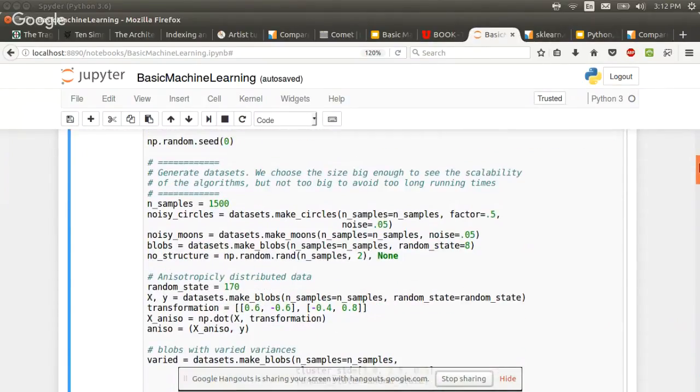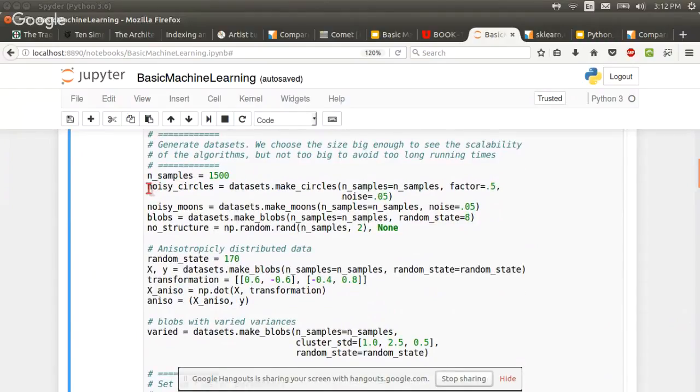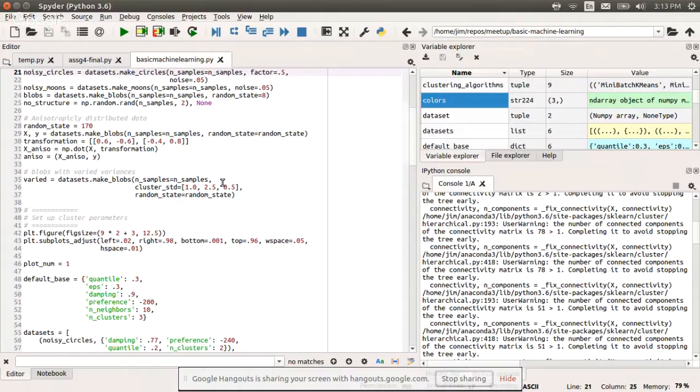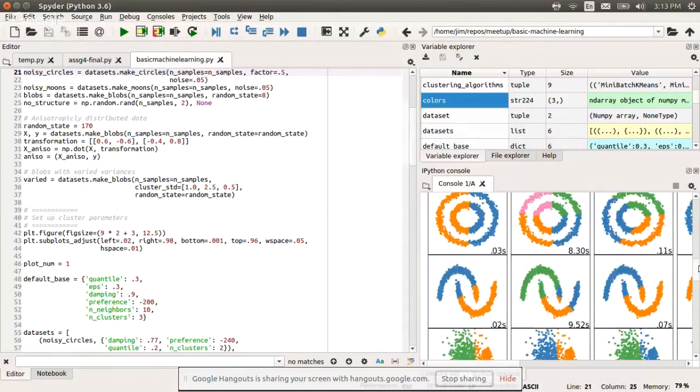And so you look how they start out, and they're actually making noisy circles. They're introducing noise, which is a different subject we're not going to get into today. But they make this variable called noisy circles. They're using this datasets library. So Python has, like if you ever think of writing something like this for yourself, do it if you want to learn, but otherwise it already exists. You call datasets, you call a function on datasets called make_circles. You notice our samples are 1500. You're just setting the noise factor, and boom, you get a data set called noisy circles, and ultimately it's going to get graphed to look like that.